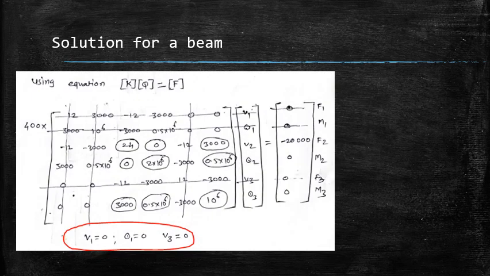We have applied here the elimination approach. So what are the boundary conditions? Left end is fixed, therefore slope and deflection there are 0, hence v1 is equal to 0, theta 1 is equal to 0, and the right end is roller supported, therefore only the vertical deflection at that support is blocked, so v3 is equal to 0. So rows and columns corresponding to v1, theta 1, v3 have been cancelled. See here, you can see the rows and columns corresponding to v1, theta 1, v3 are cancelled.